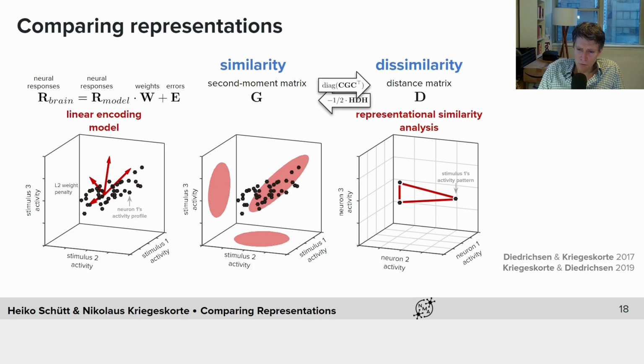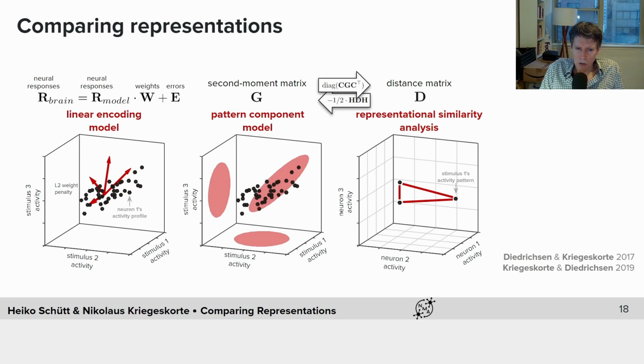So it's perhaps intuitive at a very high level that if you know the similarities, you can infer the dissimilarities and vice versa. The second moment is closely related to the Gram matrix, the inner products of the activity patterns, so how similar they are, only it's normalized. So we can think of it as a covariance matrix that defines this multinormal distribution.